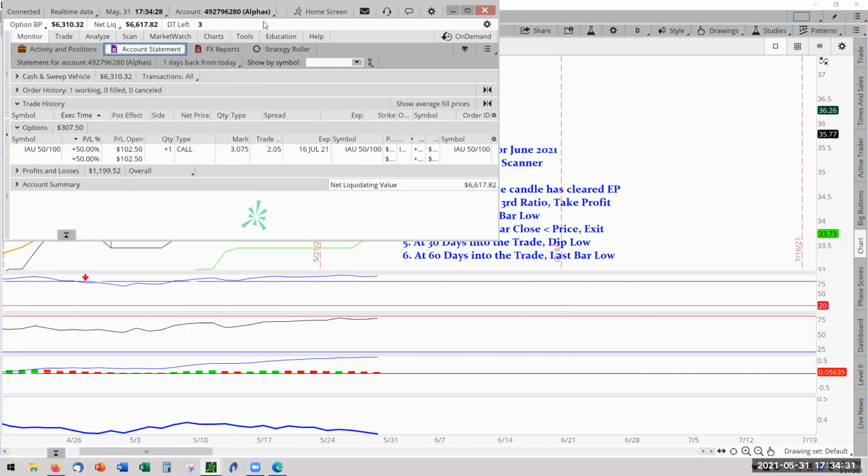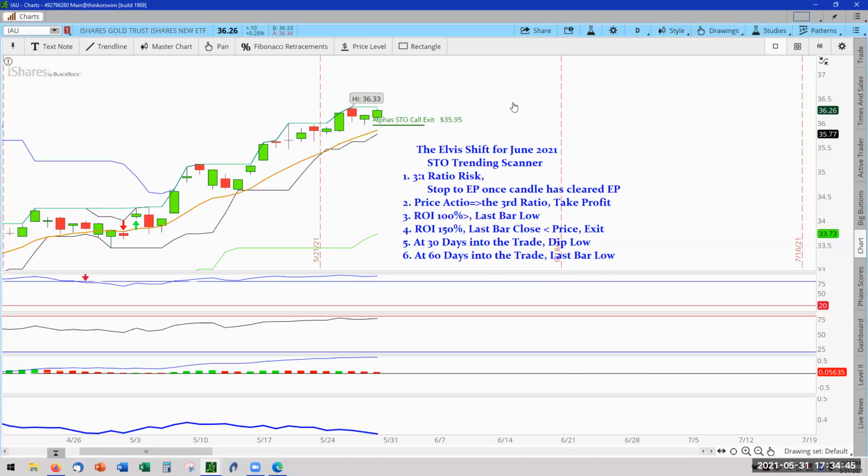That's almost 95% all cash. It's great to have cash, but remember, cash has to work for you. You don't work for the cash. So the cash is just sitting there and it has to go to work. So for June, starting tomorrow, we're going to be going with the Elvis Shift for June, which is the Stochastic